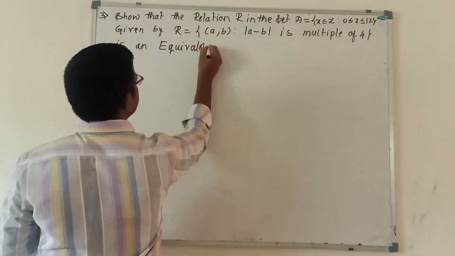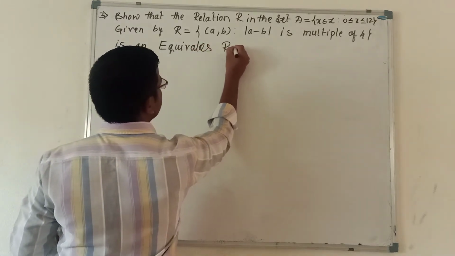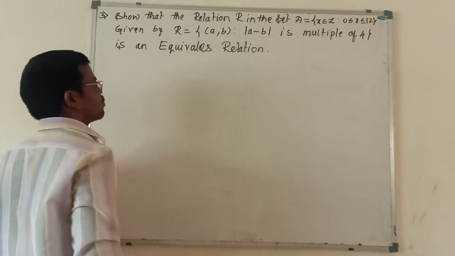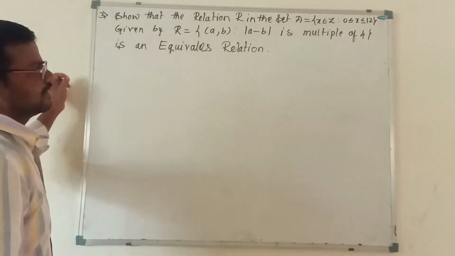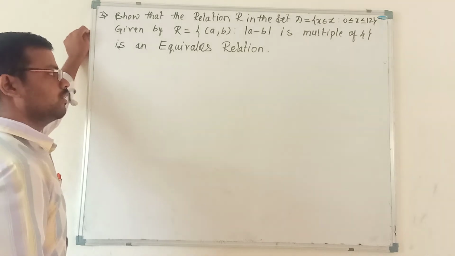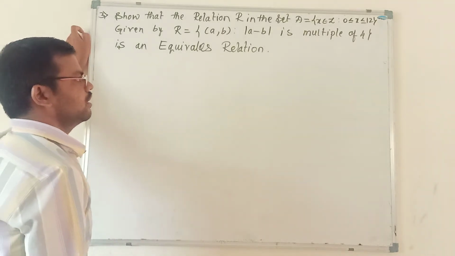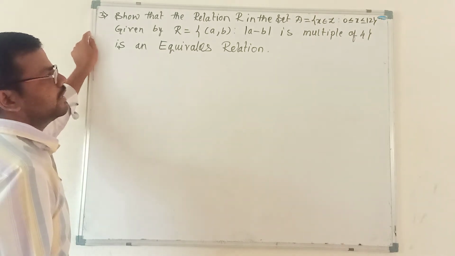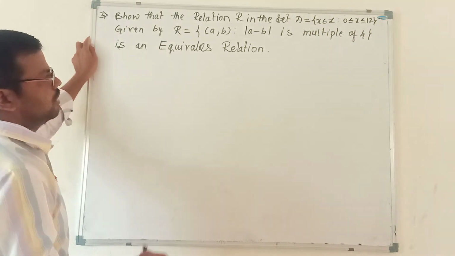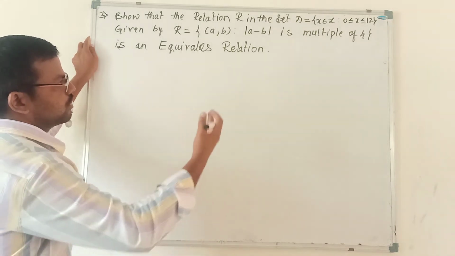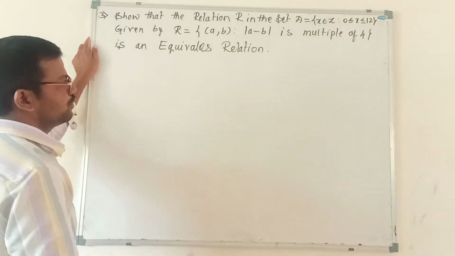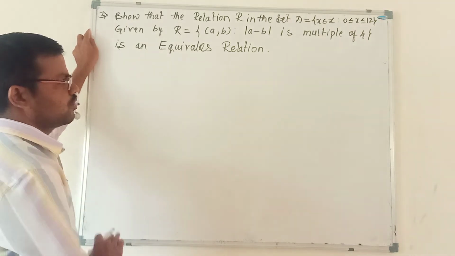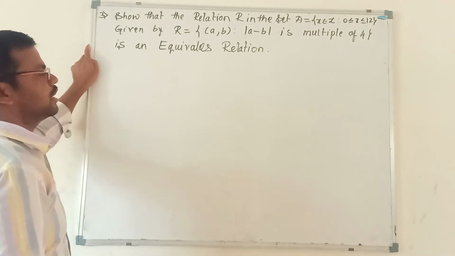Equivalence relation that we have to prove. So to prove that it is an equivalence relation, first we have to know about multiples of 4. We have already recalled that. So which are the numbers that are multiples of 4? It is better to write this given relation in a rule method or a tabular method, so it will become easy. Otherwise it may be a lengthy text. We'll move with an example.